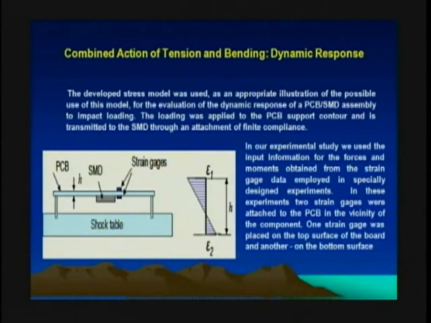Could be ball grid array, could be compliant attachment of any other type. And also, because we want to know the tensile forces and the bending moments, you can do that if you apply two strain gauges